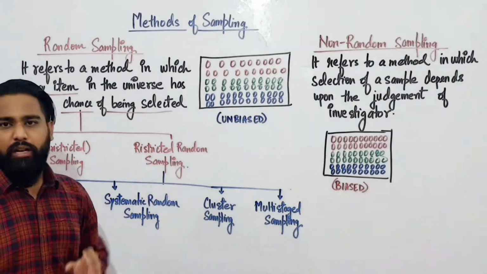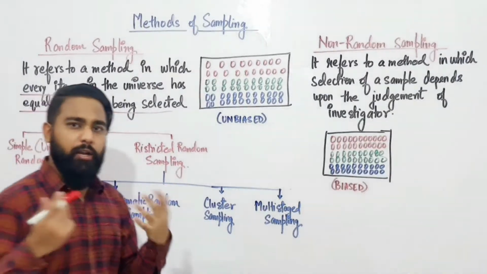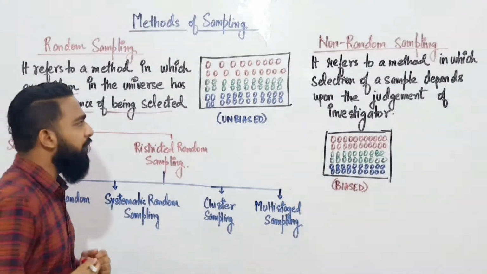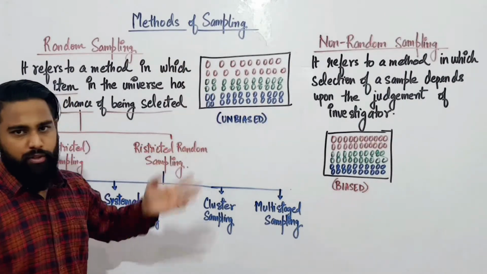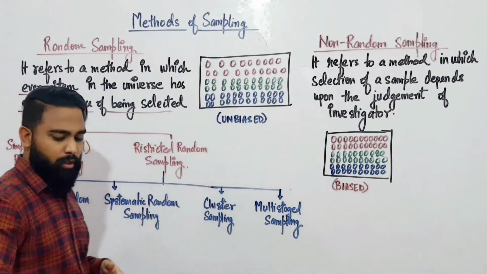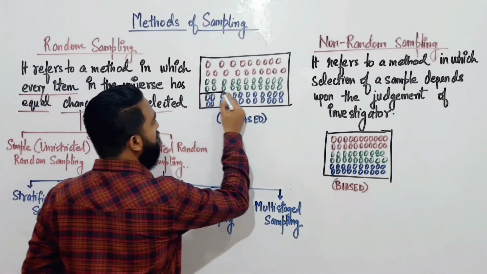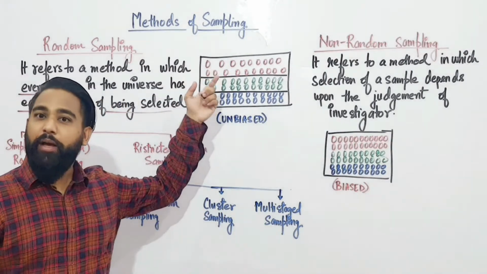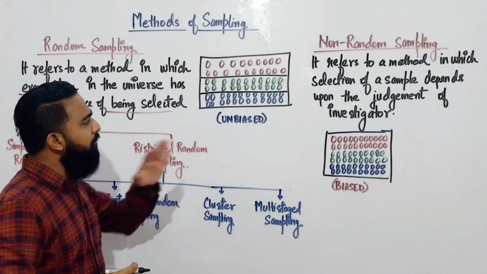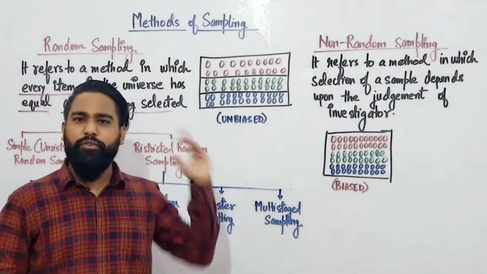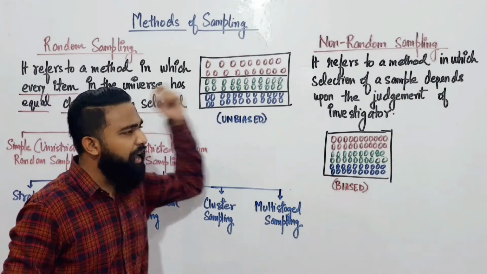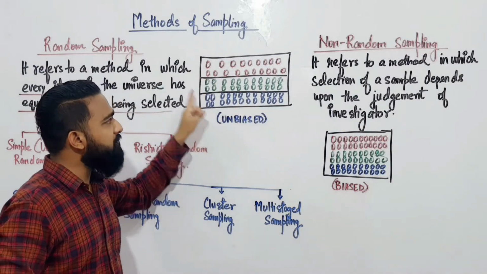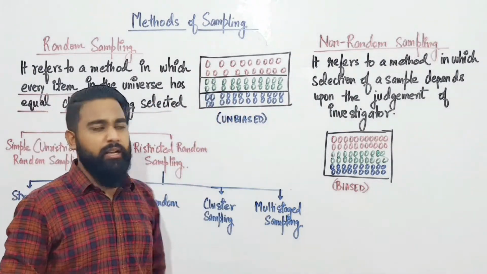Now let's take an example of a classroom where I need to conduct an inquiry for the average height or average weight of the students of the class. Now this is the whole sitting arrangement of the class. The students in blue are the first benchers, the green ones are the middle row benchers, and the red ones are the back benchers. Now I am unbiased. For me, each and every student is equal. I can select any one of them. So each and every person in this classroom has an equal chance of getting selected for the survey.